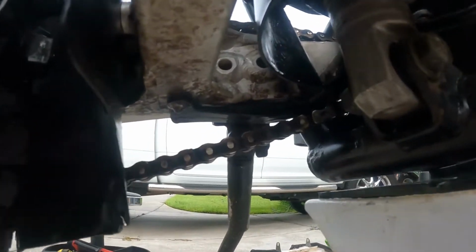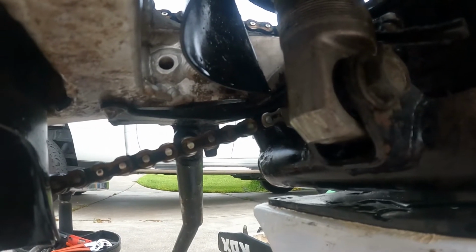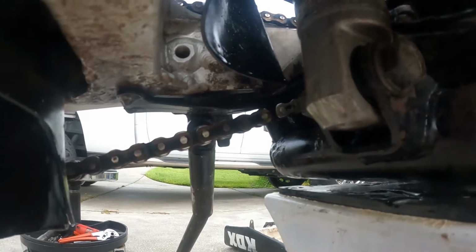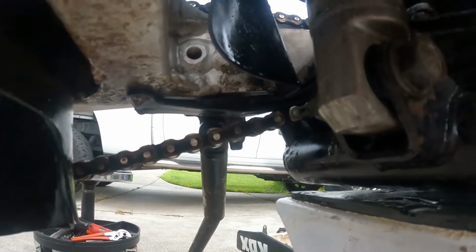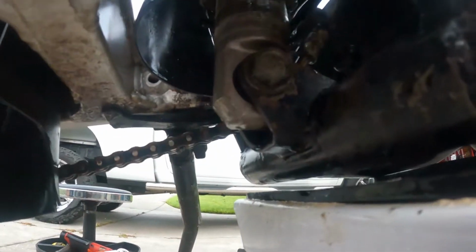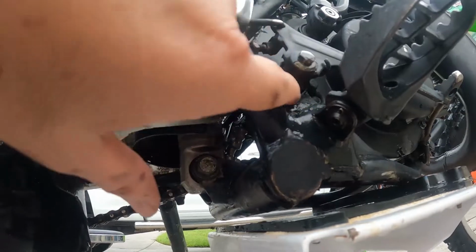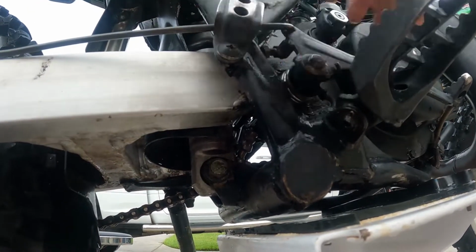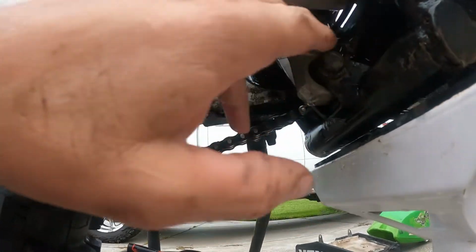Yeah, that looks pretty solid to me. Let's see. Yeah, the movement's coming from up top. The swing arm itself, I feel like it's pivoting. It almost feels like it's got a spring. I mean, if you look at that, that's a spring right there, around that, that's the brake return spring. But it feels like this has got